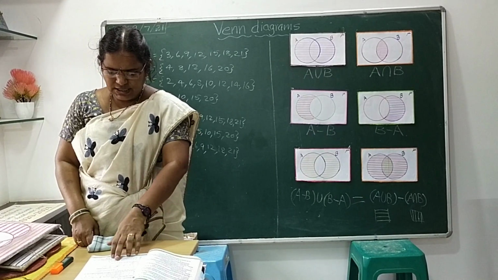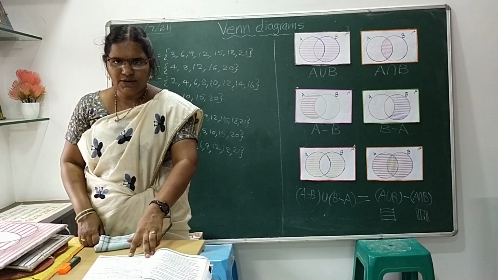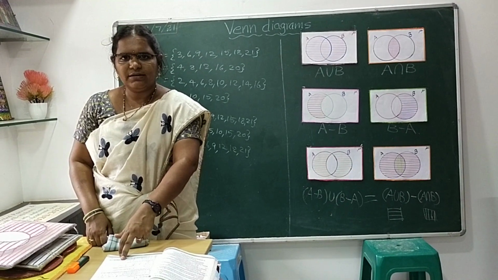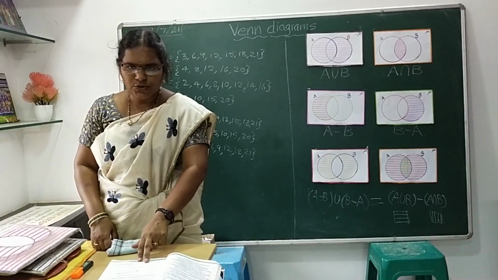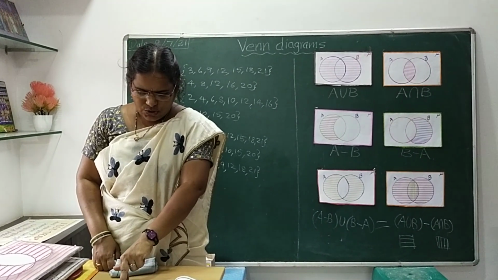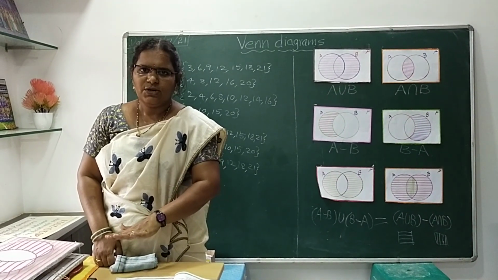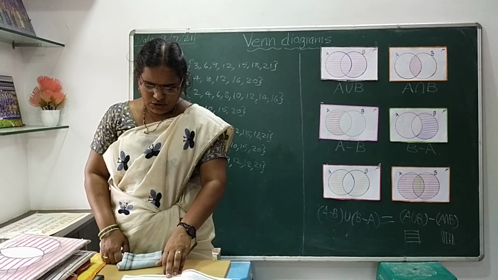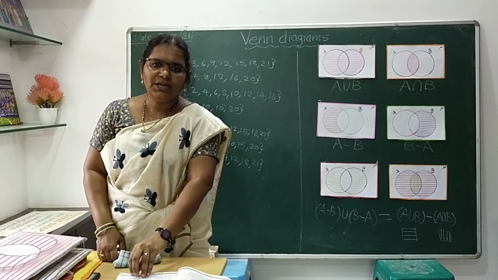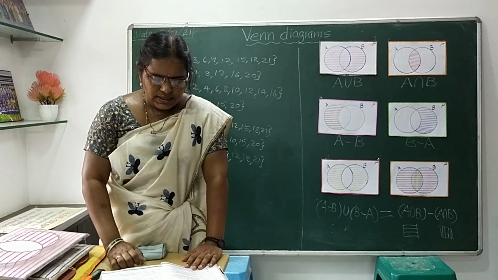First one, see, A: a, b, c, d; B: d, c, b, a. They are equal. Maybe the order changed, they are equal. Second one, 4, 8, 12, 16 and 8, 4, 16, 18. The difference is there, 18. They are not equal. Third one, 2, 4, 6, 8, 10. B: x is a positive even integer and x is less than or equal to 10. Here even numbers, there even numbers up to 10. Yes, those are equal. Fourth one, x is a multiple of 10. B has multiples of 5 also. Then not equal. Then according to this, we completed this exercise also.